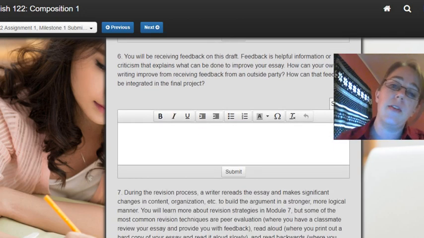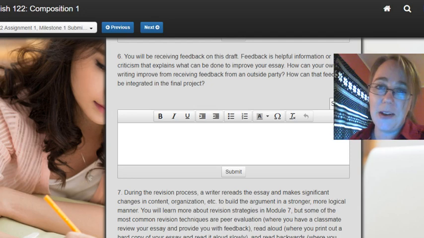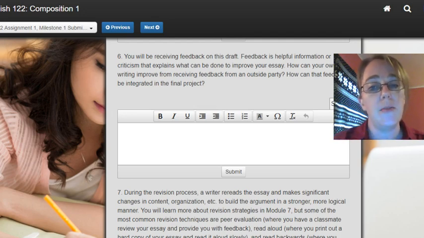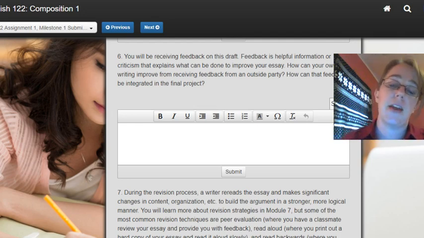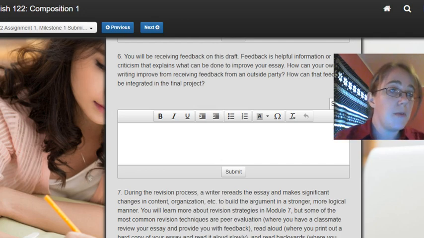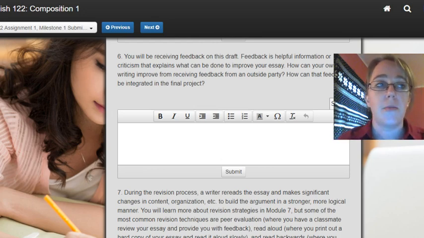Number 6, receiving feedback. Feedback is beneficial even though it's occasionally uncomfortable. I want you to think about how your own writing can improve from receiving feedback and how that feedback can be integrated in the final project. So maybe, for example, feedback from your peers or feedback from your professor can help you gather some new insight on your writing. And you're going to use that insight to make better connections between your evidence and the article that you're reading. So how do you think you can benefit from feedback,